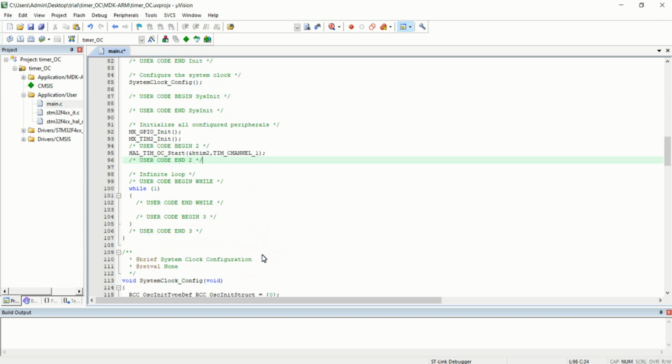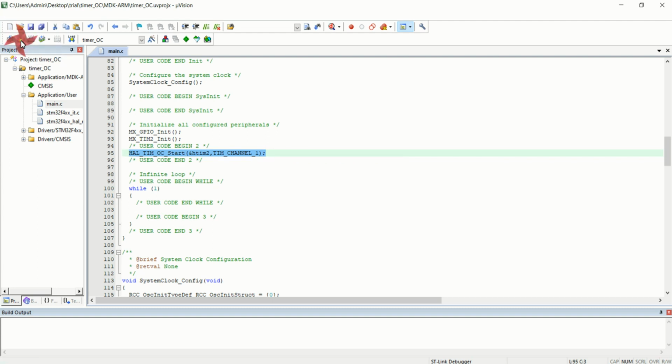Next, we are not going to use the interrupt of output compare because we are not updating anything. As per our logic, we are just generating pulses of time period 2 seconds, with 50% duty cycle. So we are not going to use the interrupt. That's it about the code. We are starting, and for every 1 second the PA5 LED, or timer 2 channel 1 PA5, will be toggling its state in your Nucleo development board. Compile the project.